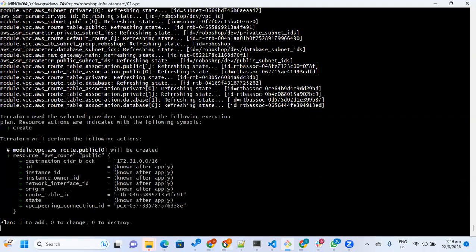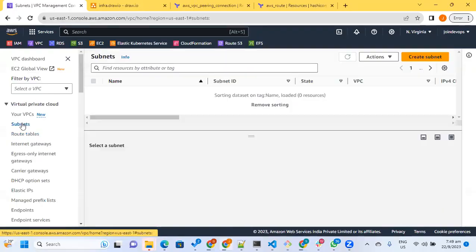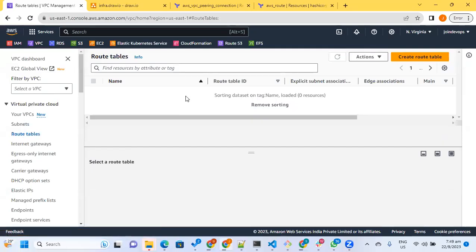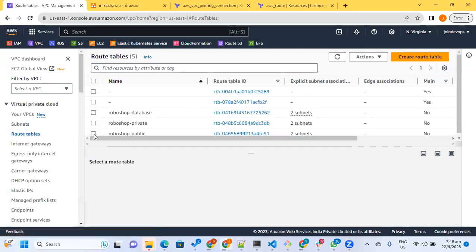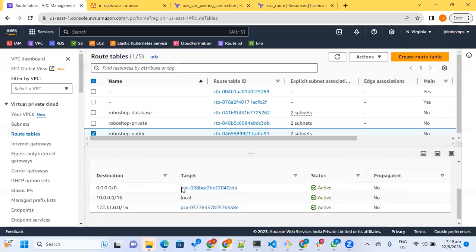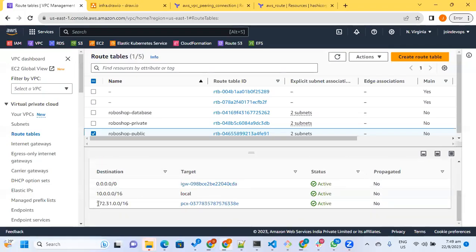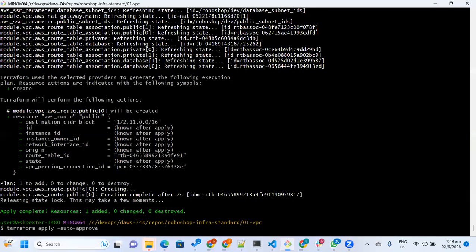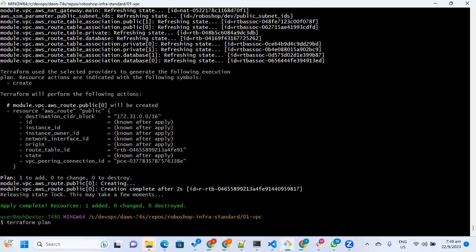One is getting added. You can go and check the route tables of RoboShop public, and you have the route to the default VPC. This is really good. So it is expected. Now if you just plan again,